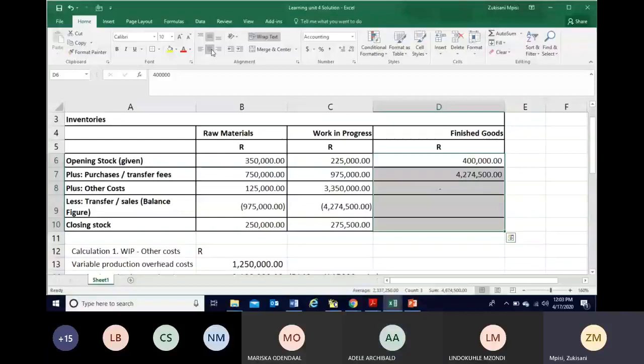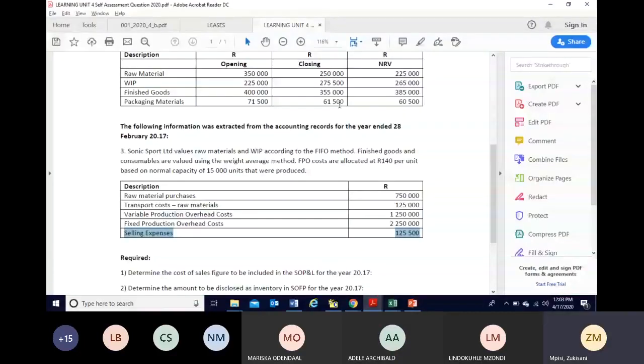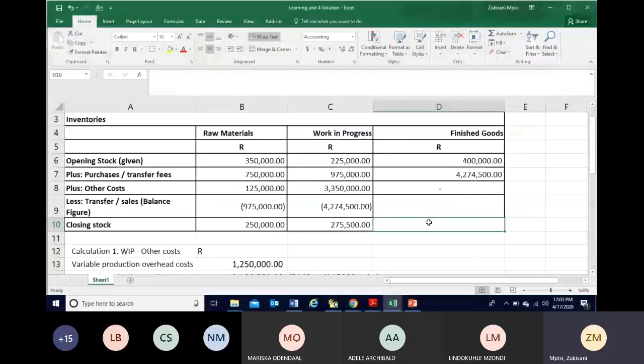Then the next thing that we are looking at is your sales. We won't know our sales until we have captured our closing stock. So our closing stock for finished product is 355,000. Therefore, now we are able to calculate how much of our finished goods is going to cost of sales by saying